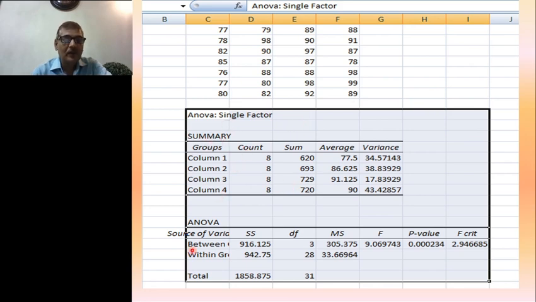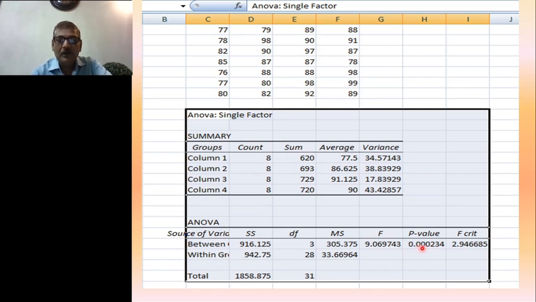This ANOVA single factor table will be appearing, and you can see this lower table. F value comes 9.06. The table value is 2.94. This indicates that the calculated value is very much more than the critical value or table value. So we reject the null hypothesis. That is, there exists significant difference among the mean values, that is mean diastolic blood pressure of the four different groups of people.